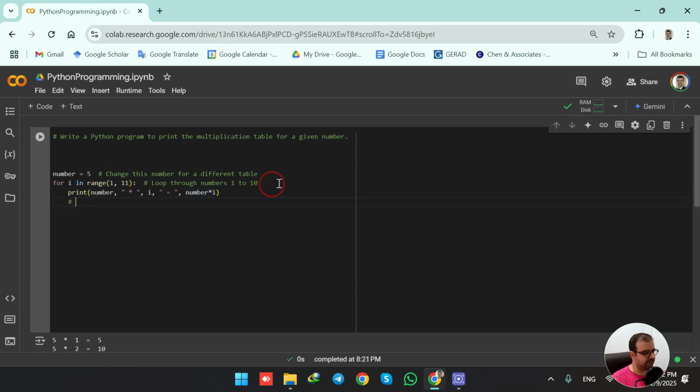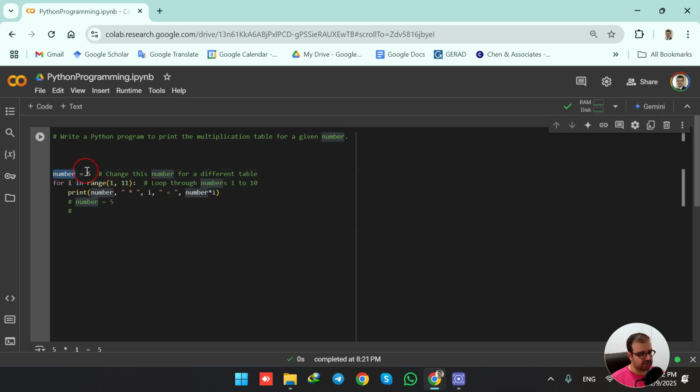We know that number equals 5, okay? It's a fixed number because we are not changing number. It's just a number that we set to be 5, and we can change it for another example if we want. But I is changing from 1 to 10. So when I equals 1, we are having 5 times 1